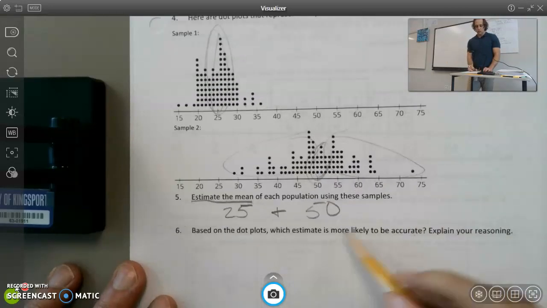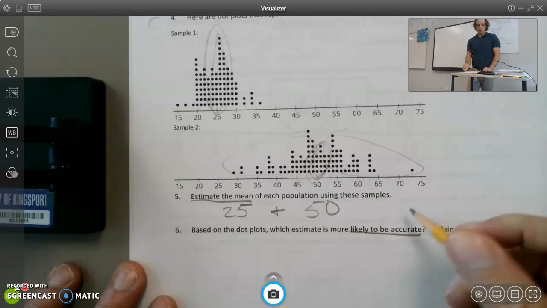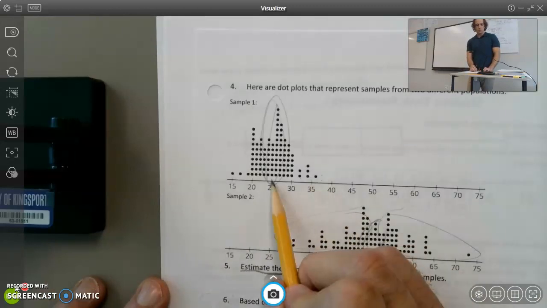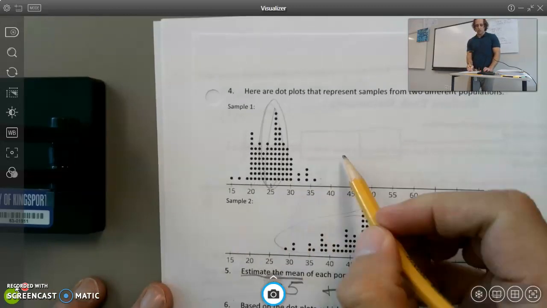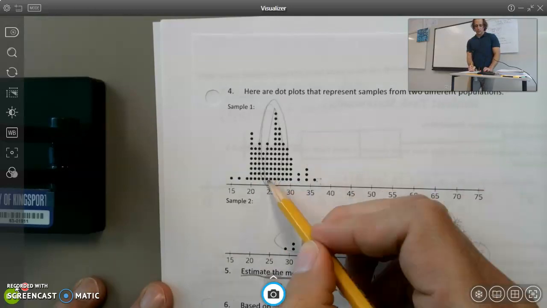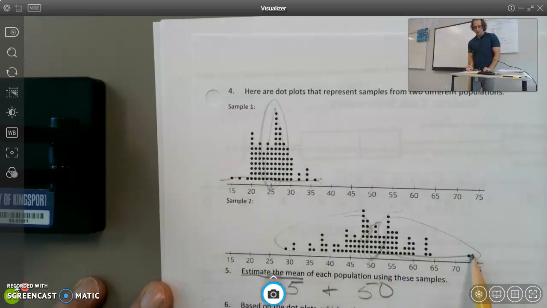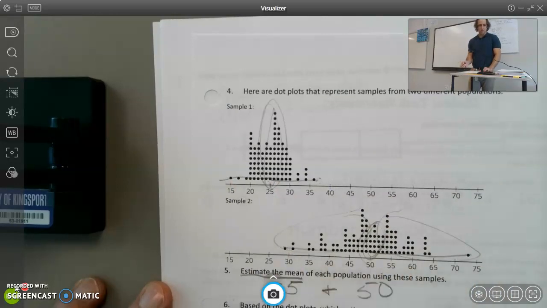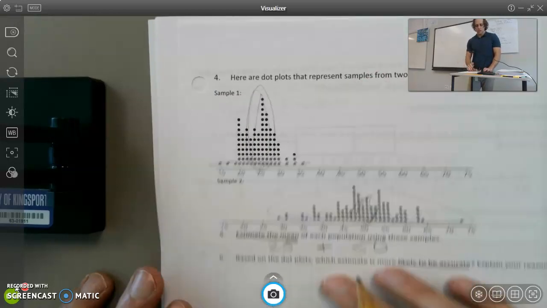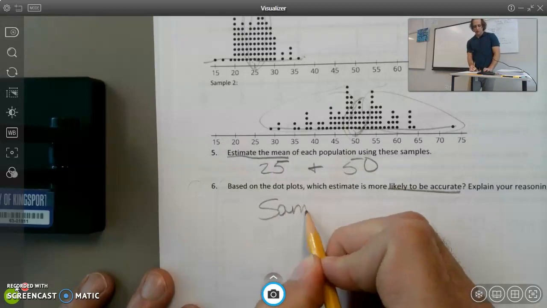So which one is more likely to be accurate? Well, the one where the data is closer to the average. So because this just has a deviation of about 10, while this has a deviation of 25, 22 in either direction. So sample 1 would be more likely to be